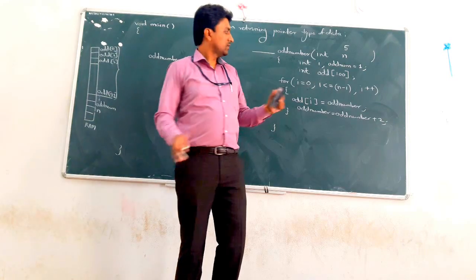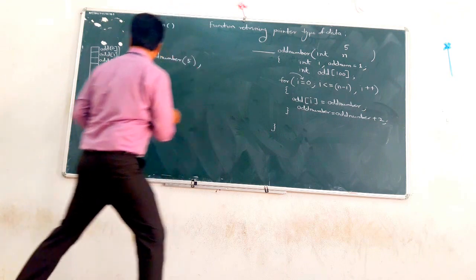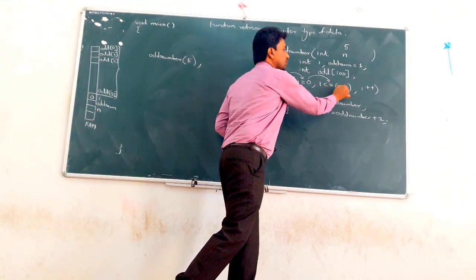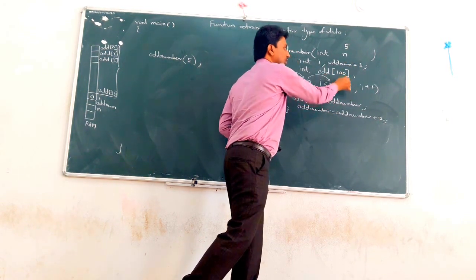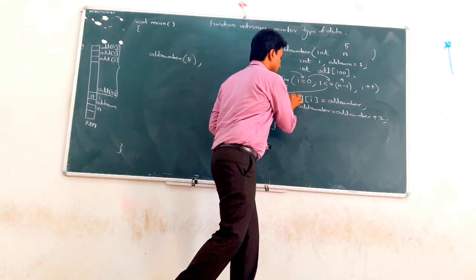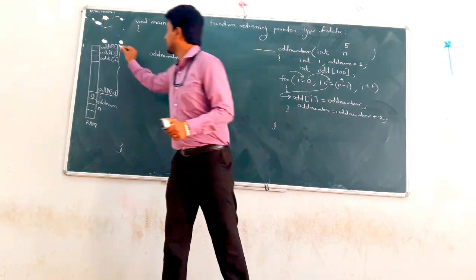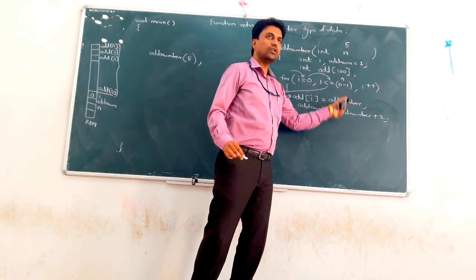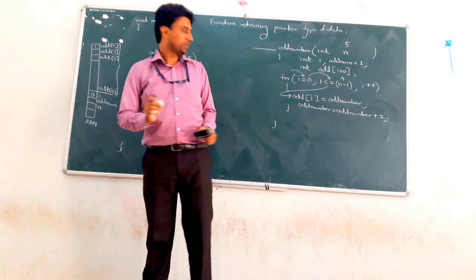Okay. After that, processing. I is equal to 0. Initial value of I is equal to 0. Then 0 less than equal to n minus 1, that is 5 minus 1, that is 4. 0 less than equal to 4, condition true. Then entry to the body of for loop. Odd of I. What is I? Odd of 0 means this location. What we assign? Odd number, that is value 1. So 1 is stored into odd of 0.